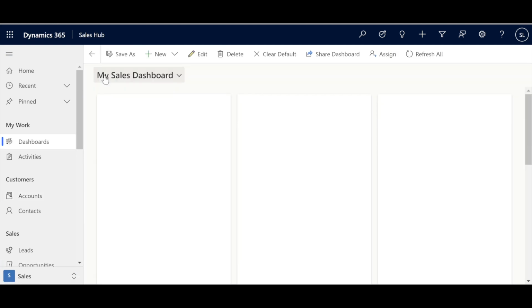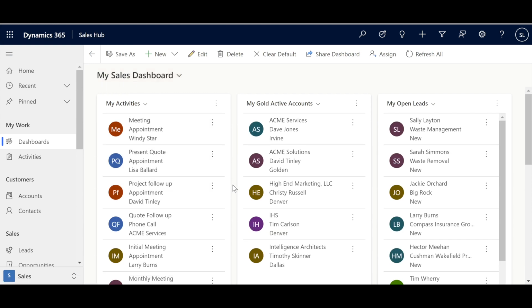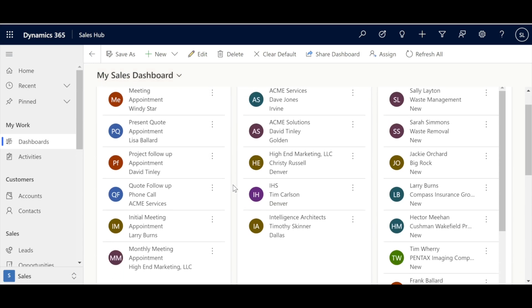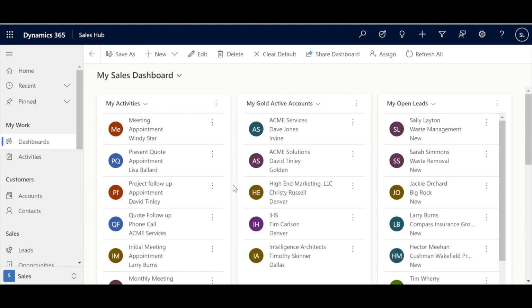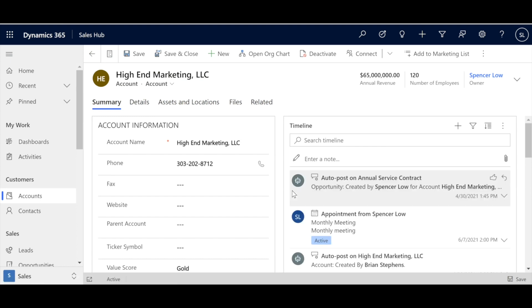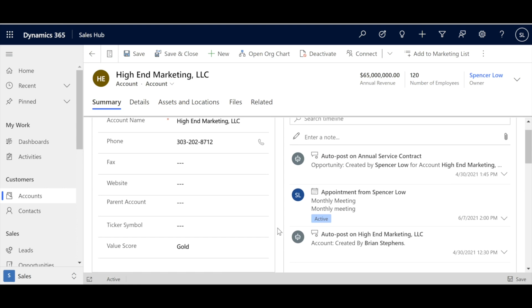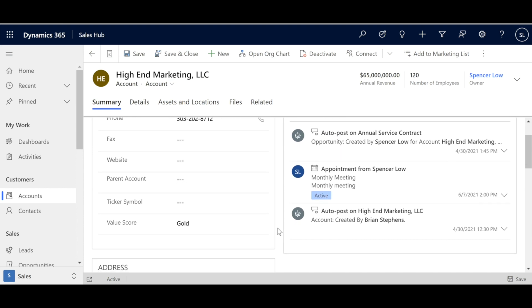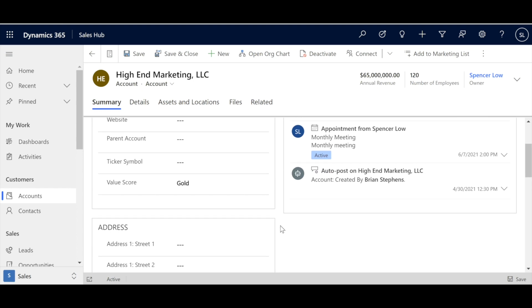So now what we'll do is we'll go back to our dashboard, and let's say that we've got our group of gold accounts here. These are the people that we really need to focus on. I'm going to go in here, Christy at High End Marketing. Been working with her. She's one of our key accounts. And so what I want to do, see there's her value score is gold. I'm going to go down here, and